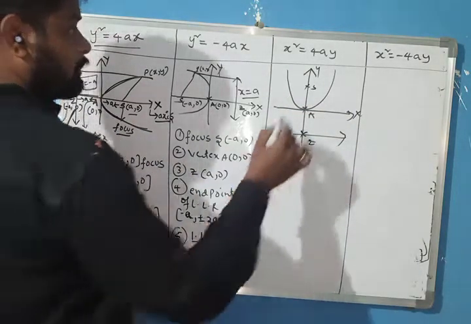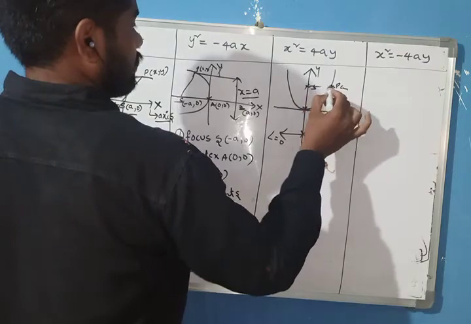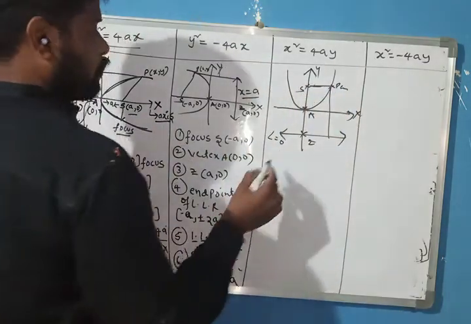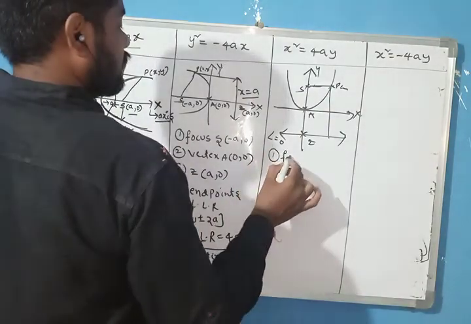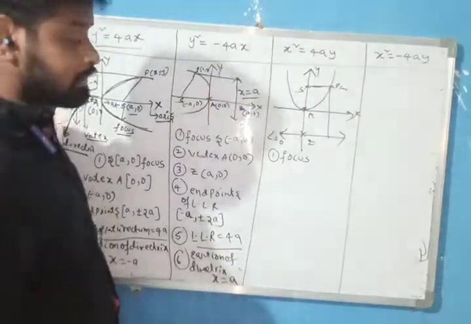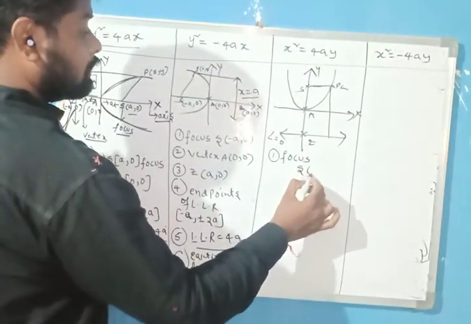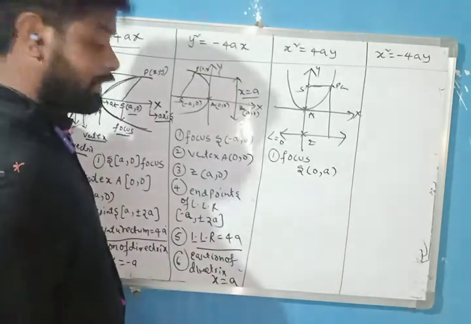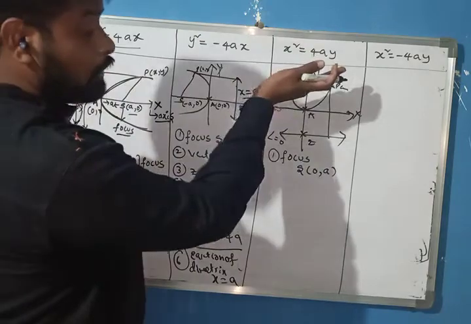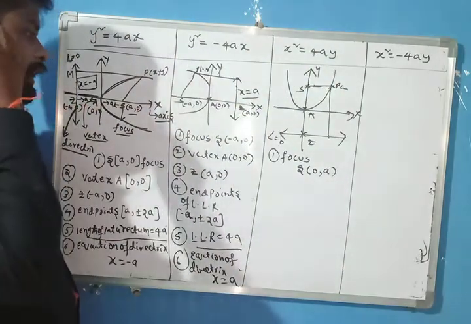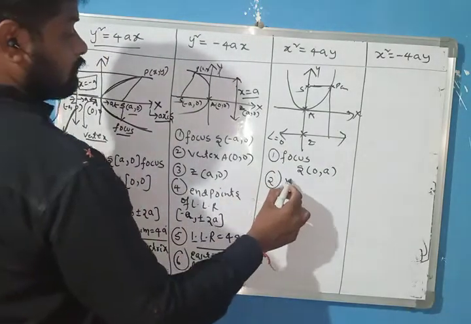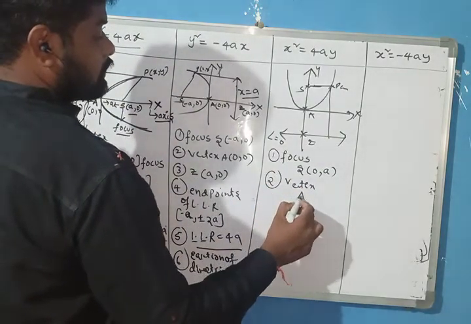Okay, same concept again. You can take P(x, y). Here a diagram like this is there. It is the focus only. Now, first point, please tell me, the focus. The curve is parallel to the y-axis, so compulsorily the focus will change. Now, focus S is (0, a). Parallel to the x-axis means (a, 0), and parallel to the positive y-axis means (0, a). Focus completed. Vertex A is (0, 0).